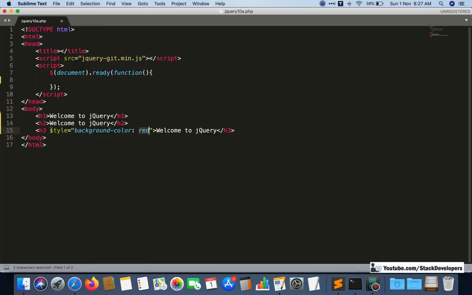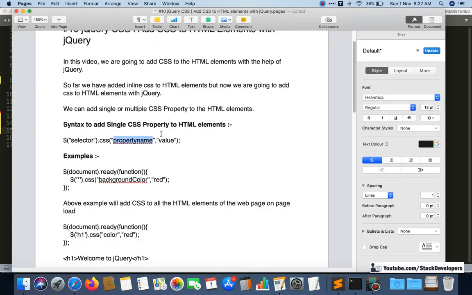We need to add these things in our jQuery to add the CSS style to that selector, to that HTML element, whether it is an ID, a class, or some tag. So the basic syntax is this only, with property name and value.